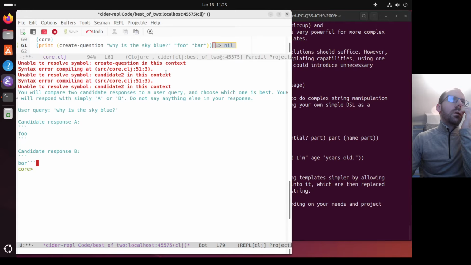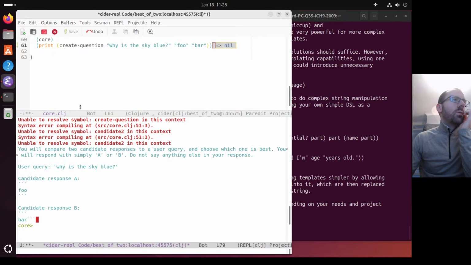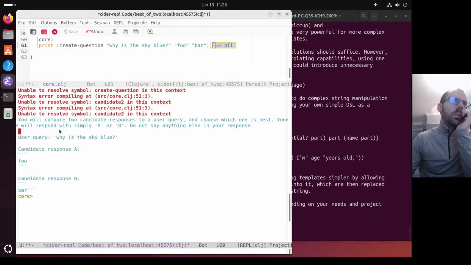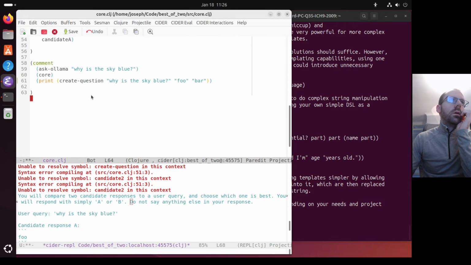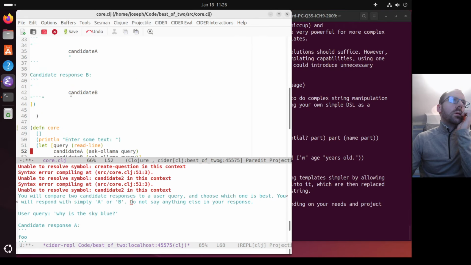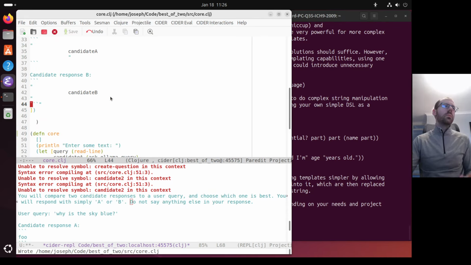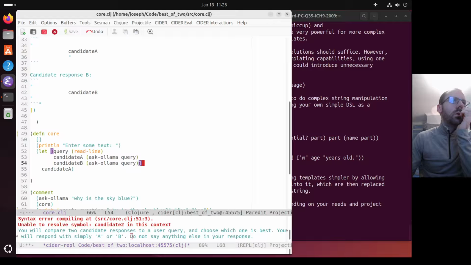Cool, so we can fix that. So if the LLM finds this confusing, I might actually give it a reminder at the end of the message of what it's supposed to do. But let's just fix that missing new line. Cool. Cool, so we should now be able to